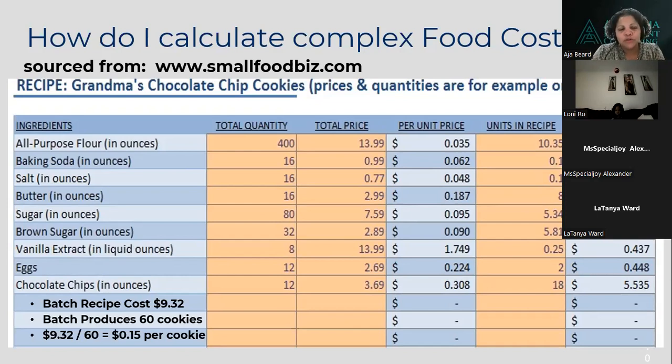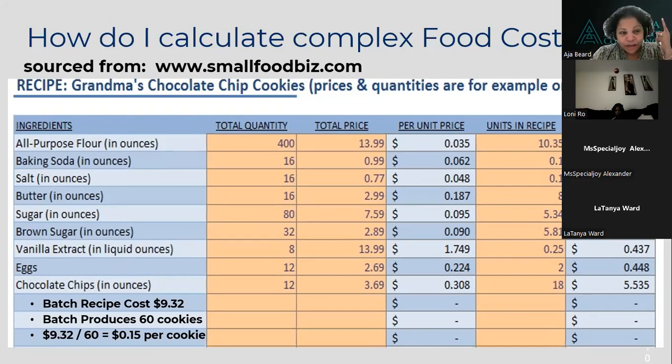But you really want to make sure you understand and have accurate pricing and calculations, because if you put the wrong information in here, you're going to get the wrong information out. And that's going to do you no good. So I just want to walk you through this particular template, because again, this is something that most of you will be using. First, you need 4 things before you can even start this template.